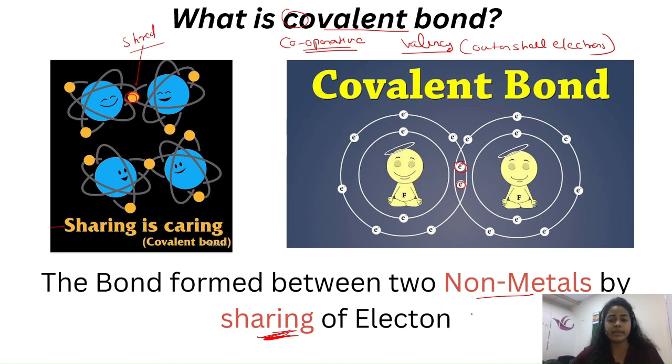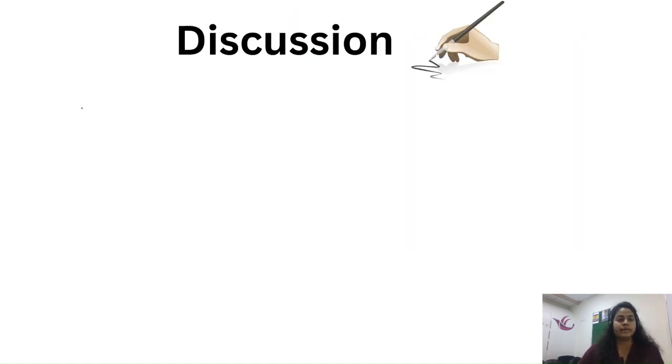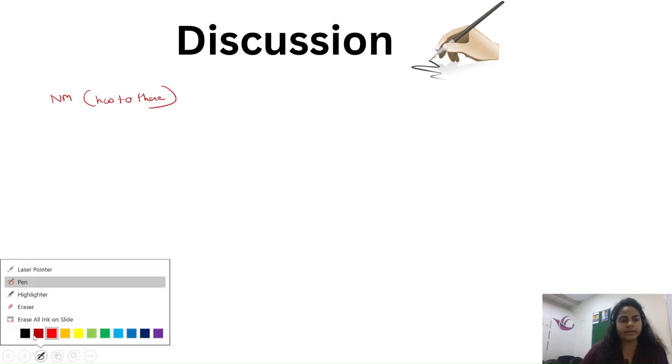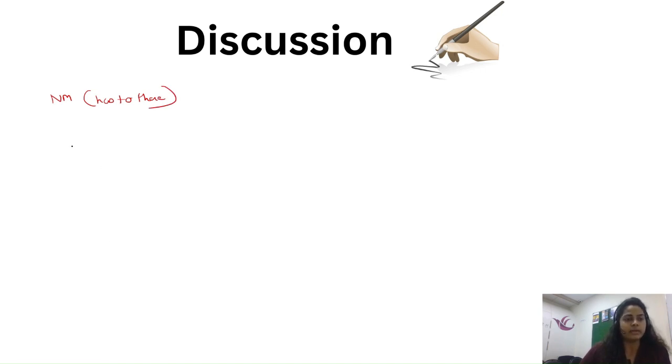Now sharing of electrons between whom? This is the main MCQ. Sharing of electrons occurs between two non-metals. Now let's talk about these things. I said that a non-metal has to be there. Now is it really required that a non-metal is required? So for example, if I'm taking